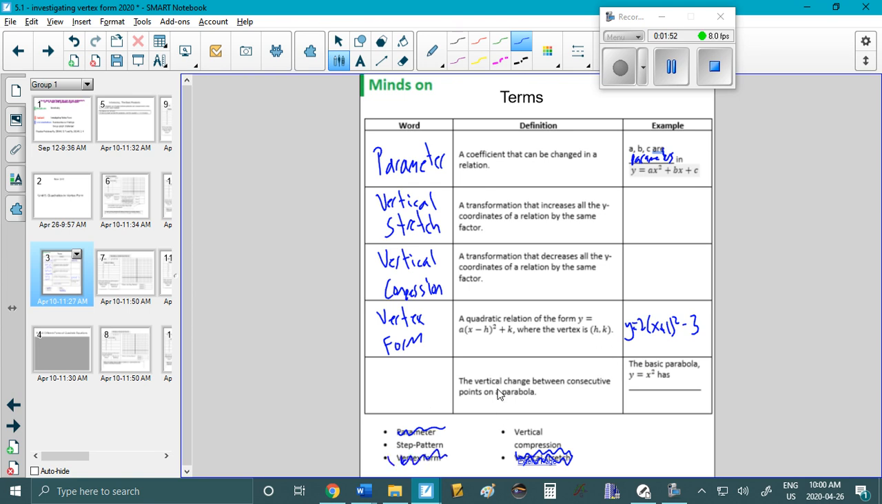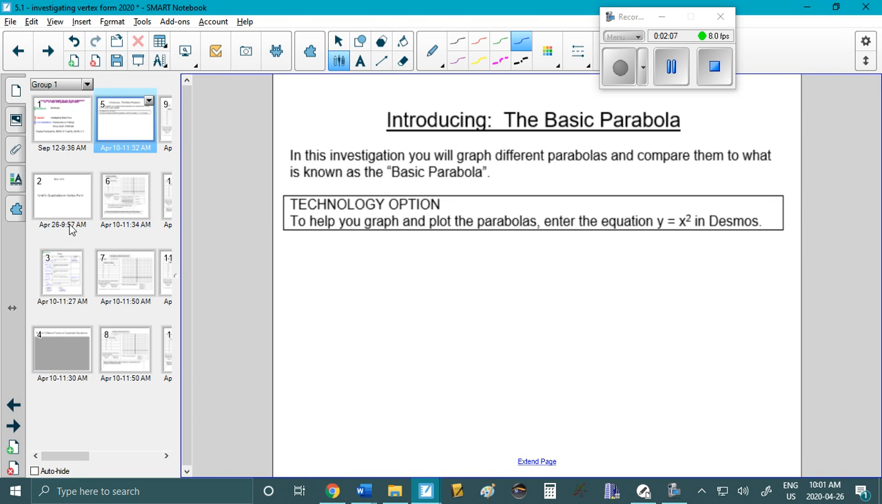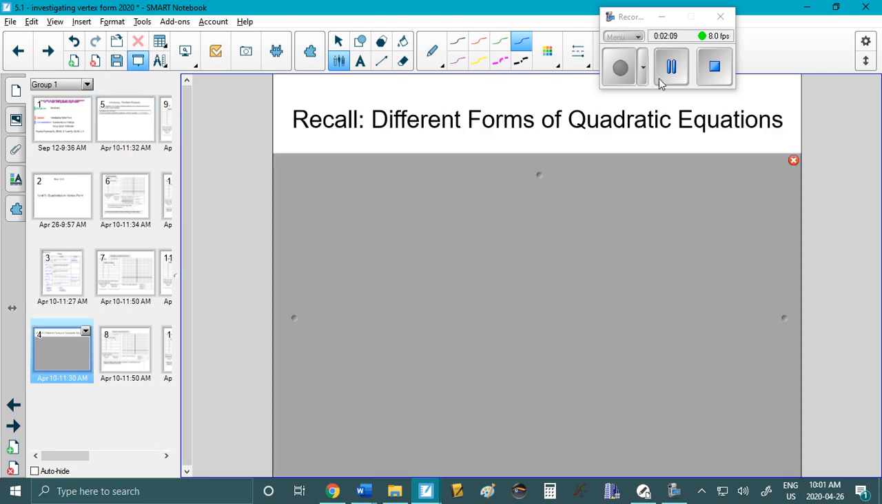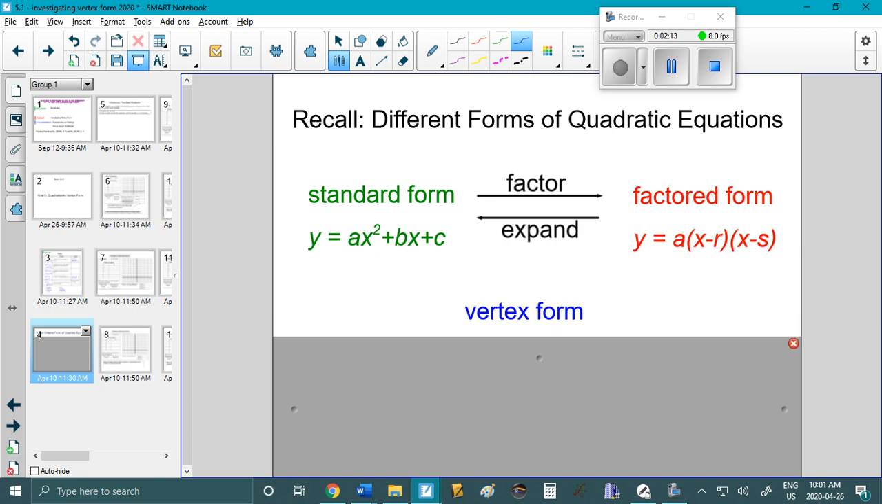And then that means that the vertical change between consecutive points on a parabola has got to be the step pattern. And again, we'll do an example of that later on, and you can fill in these gaps a little bit later. Okay, so before I get into the investigation, I want to do a quick little recall here